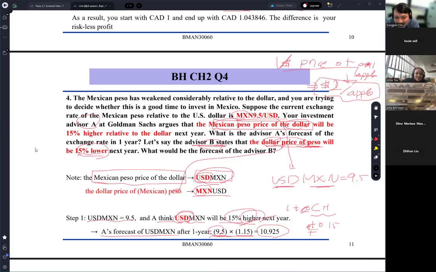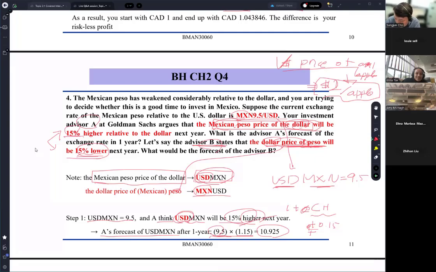Now you may ask, these two look similar, right? Because the Mexican peso price of dollar will be 15% higher, so the dollar will appreciate by 15%. This one means the peso will depreciate by 15%. But I talked about this in the lecture slide. These two might not be the same thing,